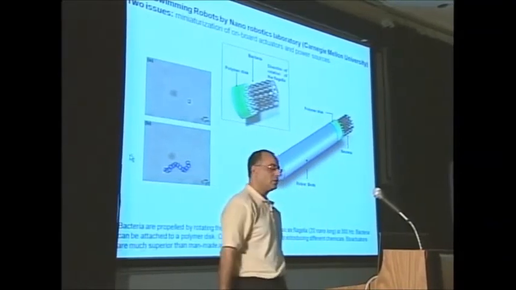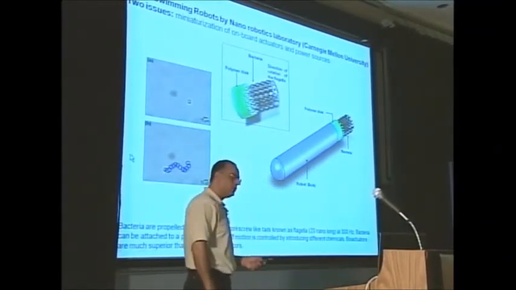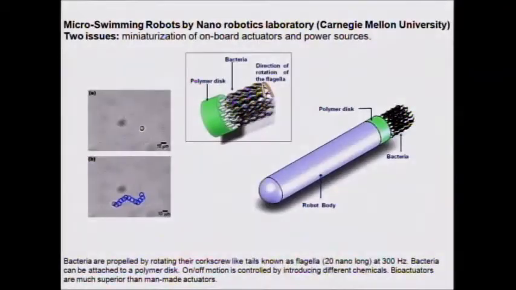Nano-swimming, which I will not go into much detail. When you look at the small scale, at the nano level, there are two things that you have to be careful about: how are you going to miniaturize the actuators and the power sources? In a meeting 10 years ago, one of the researchers said power sources are also important. Now today we just talk about the actuators. You cannot make actuators small, but you can use bioactuators.